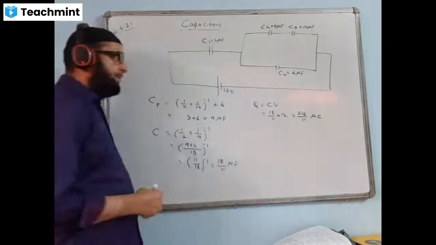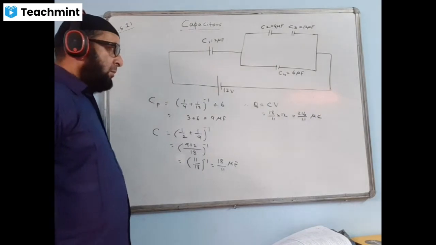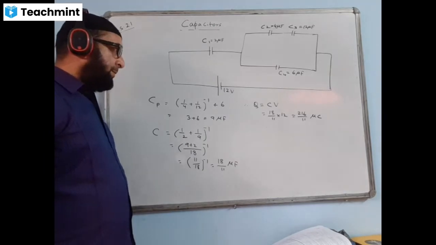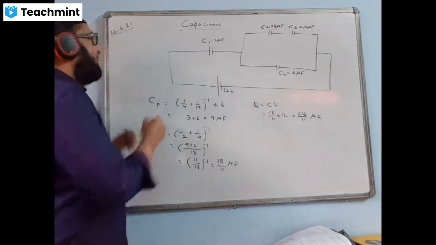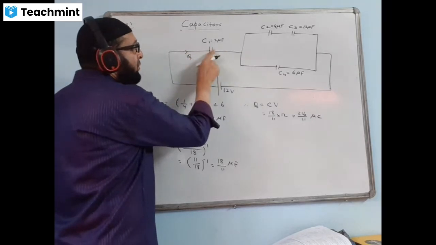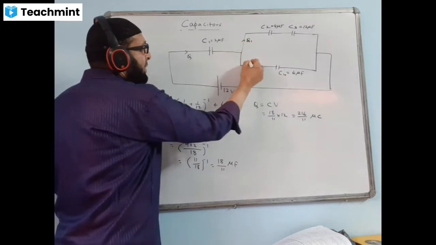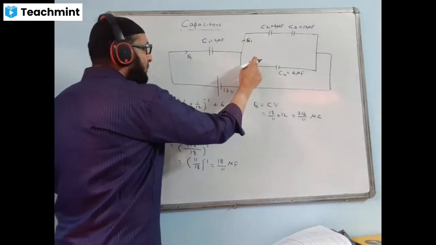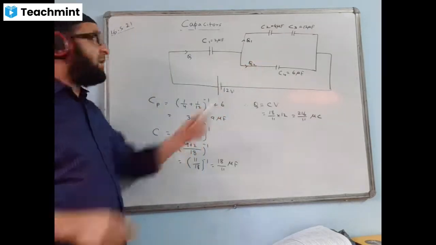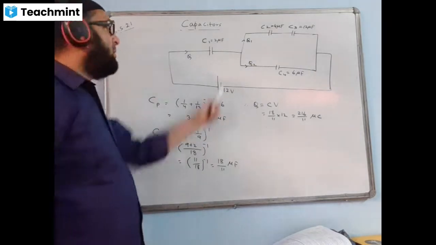We can write the answer in decimal also. You can check how much the answer is coming. So this is the value of the total charge. Total charge Q is flowing, the same charge is flowing through this. Now here the charges are dividing. So here the charges will be Q1, here the charges are Q2. Now how to divide the charges Q1 and Q2? Q1 charge will be the same in both because they are in series.